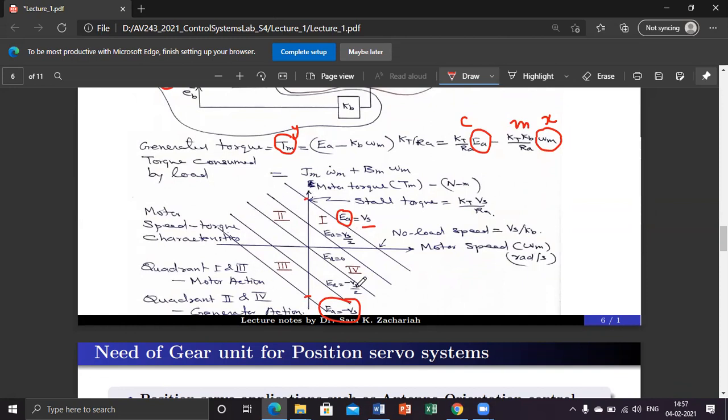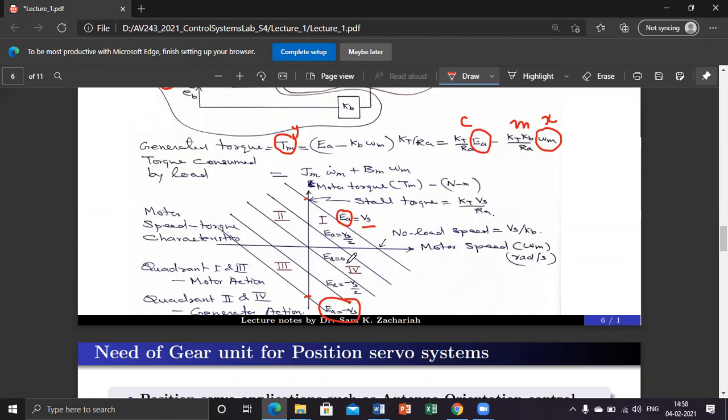And this is called the speed torque characteristics of an armature control brushless brush type DC torque motor. And this is one of the very important characteristics while you are selecting the motor. During our lab simulation study, for given parameter values of KT, KB, and RA, as well as for different values of ES, we will be plotting this speed torque characteristics and see how it is working.